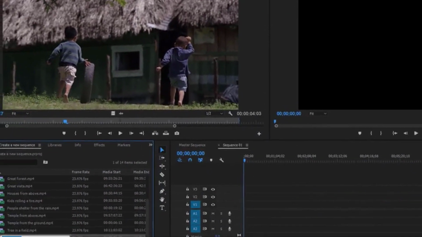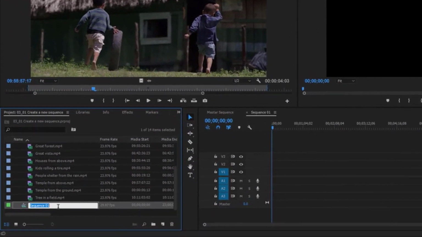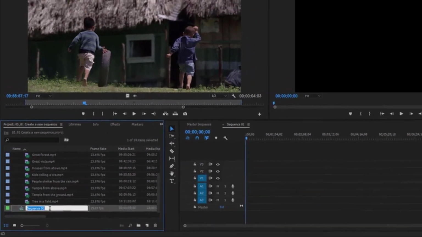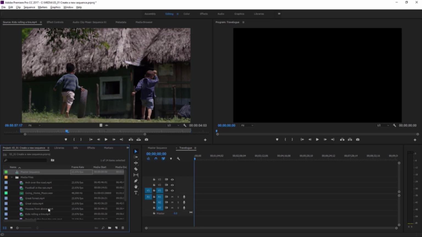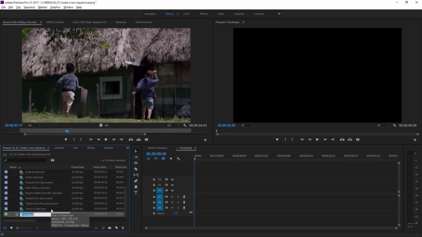I'm going to click on the name of the sequence that's just been created, and let's give this a name. I'll call this Travelogue. Just as a little footnote to this, you'll notice in the project panel that if you have text selected and you press the carriage return key, which is the enter key to the right of the letters on your keyboard, Premiere Pro tends to jump down the list selecting the next option. But if you have the characters selected, as I do now, and you press the enter key on a numerical keypad, that's over on the far end of a keyboard with the full numerical keys, then it'll just apply that